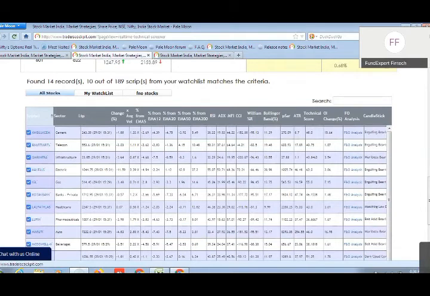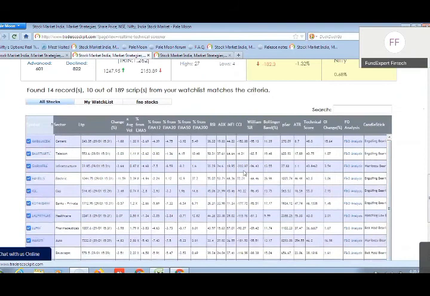Now, the point to be noted here is yesterday it was a bearish market. It was a complete dead bearish market. So in that, for example, it showed some 14 records here. Now trading all those 14 stocks won't be possible. Even half of them won't be possible, won't be advisable. Don't go for that also.